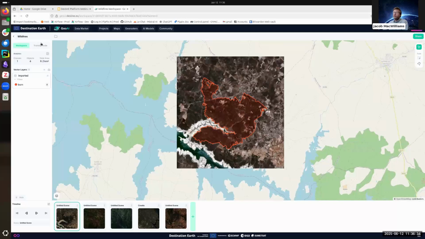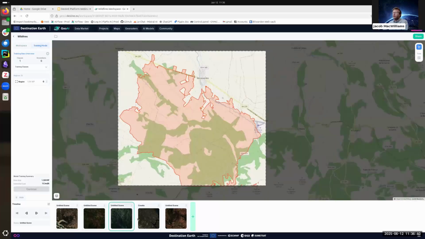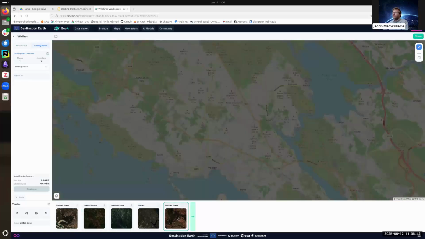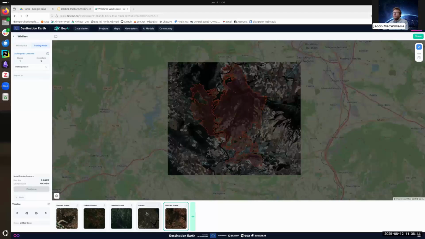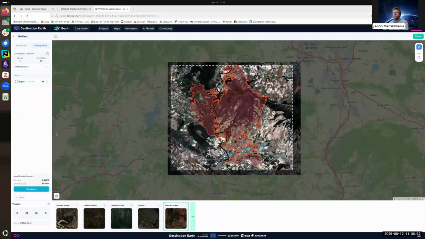Now, just as before, this requires creating these training regions in all of these different scenes. We see that this last one actually doesn't have a training region, and so we can go ahead and create one. And it is exactly analogous to the workflow that Kike showed. And so now we have this workspace with all these scenes, and things are looking good.